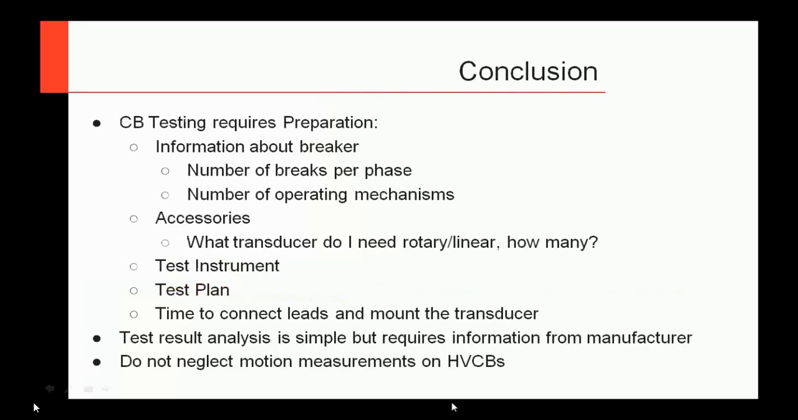So I hope from this you've seen what to look for out there. The different types of breakers you can have, things to look for, the number of breaks per phase, the number of operating mechanisms, so you know how many transducers to bring. When you bring your transducer, do I need a rotary or a linear? How many, as I said, if it's IPO or gang. So you can choose the right test instrument, set up the correct test plan,